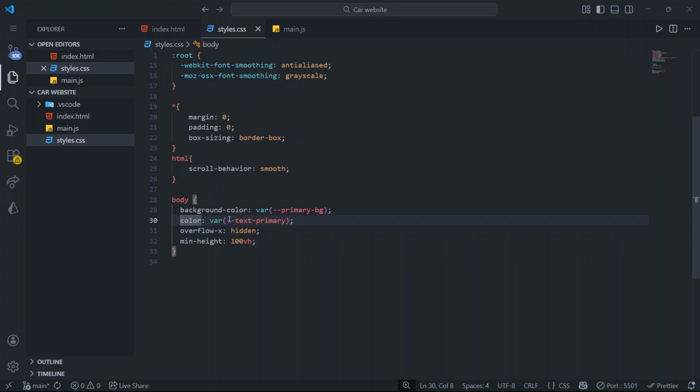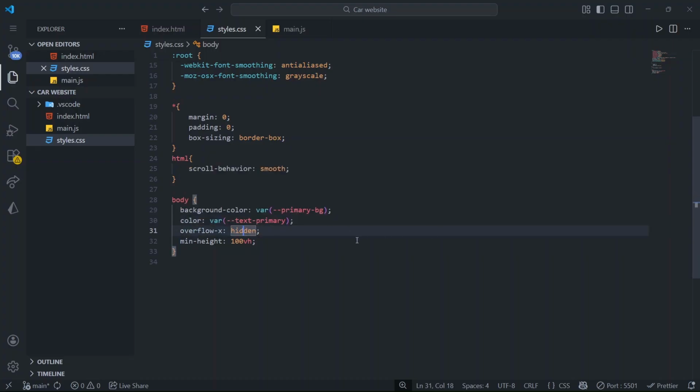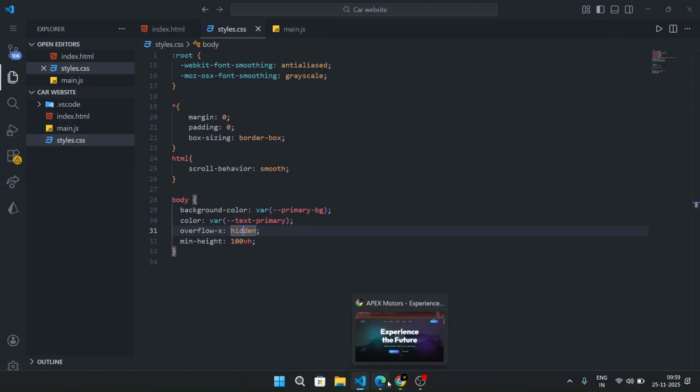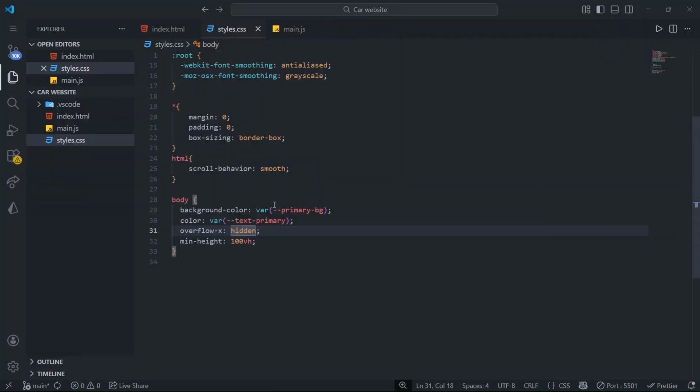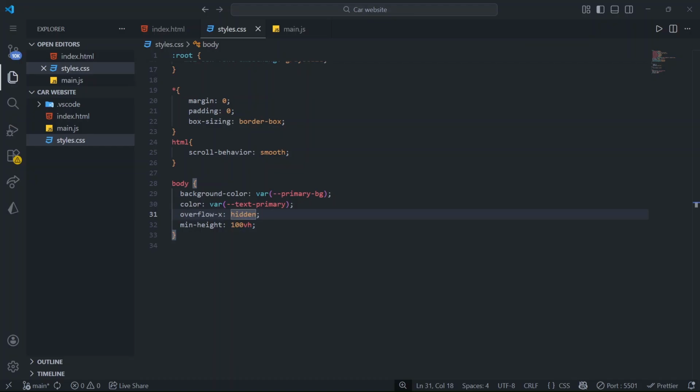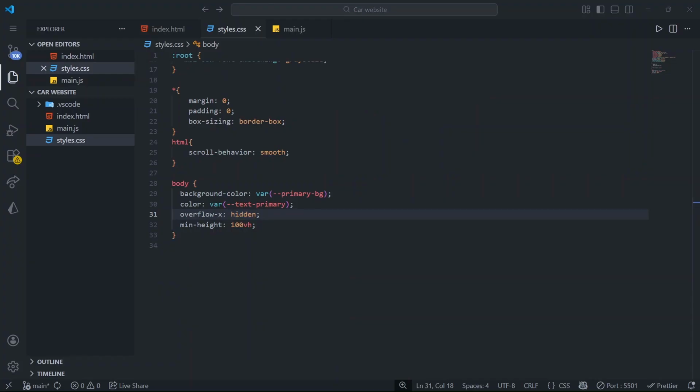Then for the color of the text we have text primary, and the overflow on the x-axis hidden, and minimum height 100vh, so that it will take the height of this viewport. And you can see the Apex Loader, this is the text that we are going to use for the loader. So now we have a container,